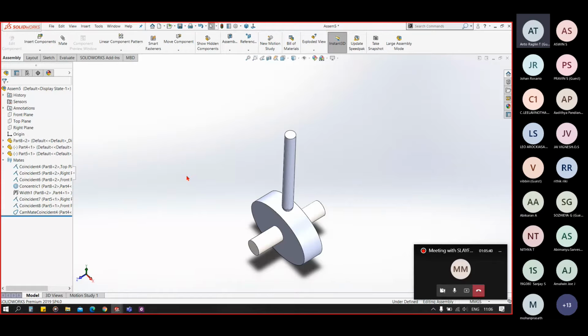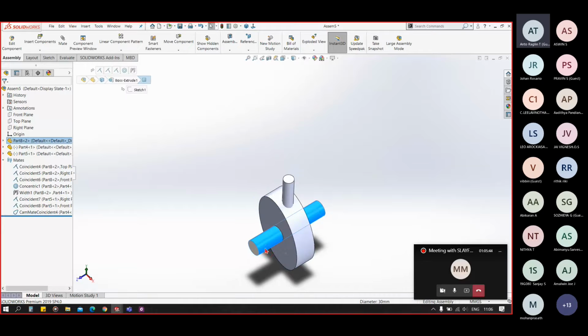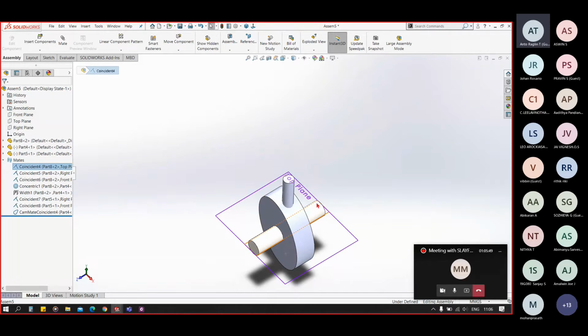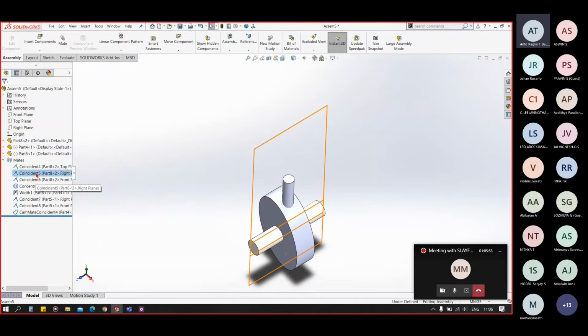Okay, similarly we have followed that for our shaft also. You can see the top plane of this is coincident with this plane. You can see the right plane is coincident with that plane and the front plane with this centered plane. So it is locked in that direction.